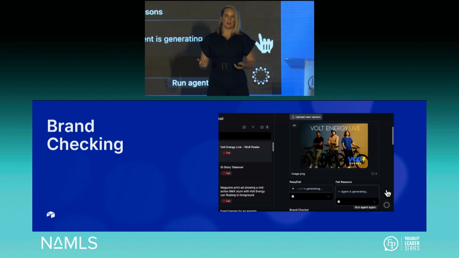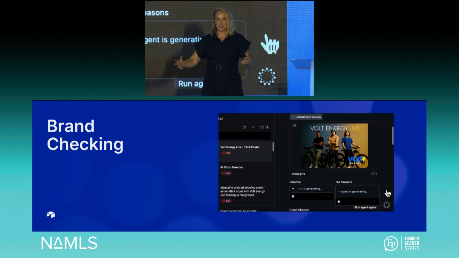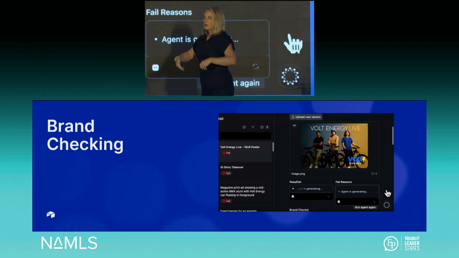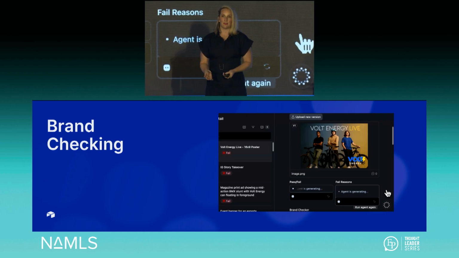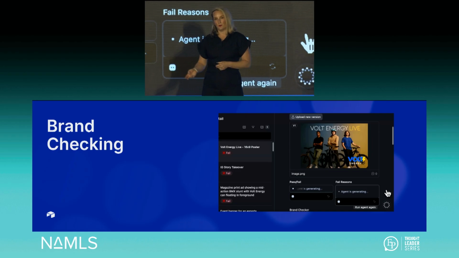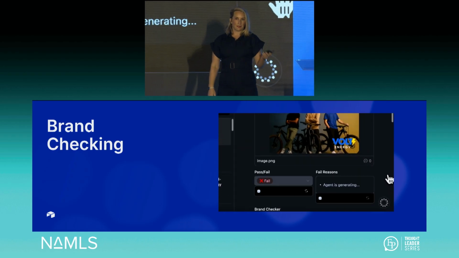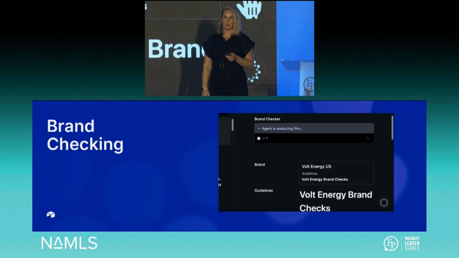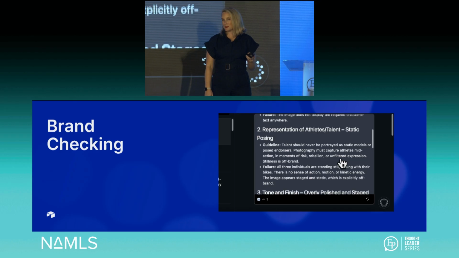But this is basically, how do you control, maybe control is not the right word, how do you monitor your partners and your agencies, even your team members, on what they're creating with your brand? And how do you do that at scale without requiring tons of hours? So we're seeing brand marketers around the globe using this to get that early signal from AI on what's misaligned